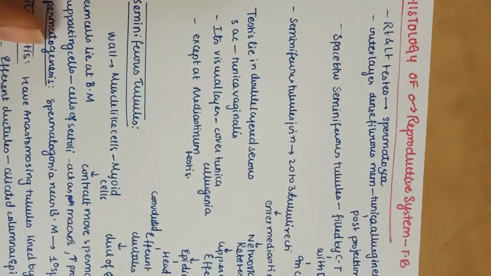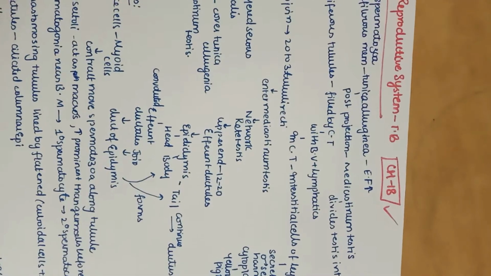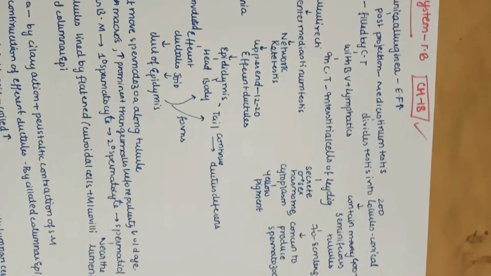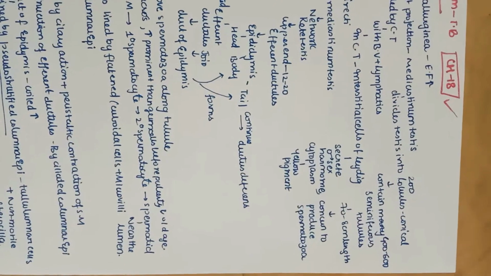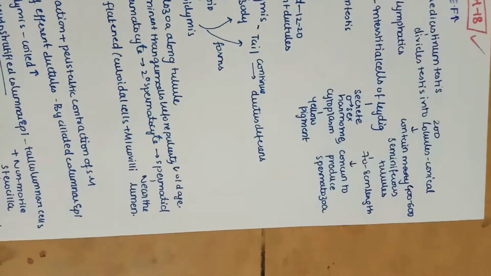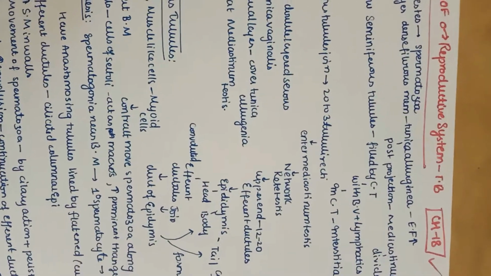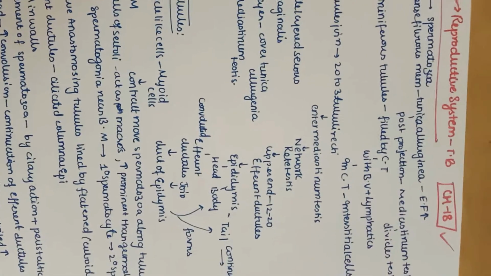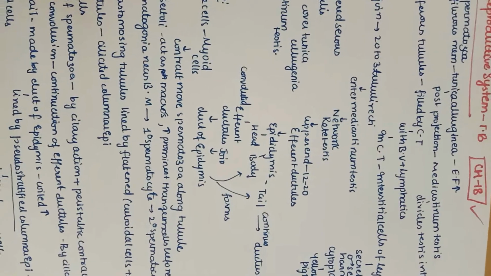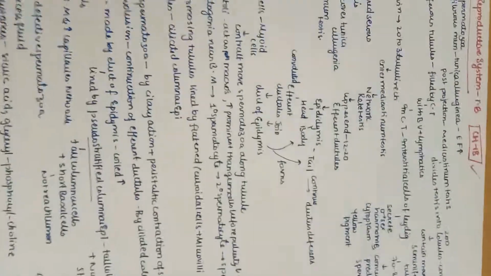The space between the seminiferous tubules is filled by connective tissue, which has blood vessels and lymphatics, and it contains the interstitial cells of Leydig, which mainly secrete male sex hormones, and the cytoplasm has a yellow pigment, lipofuscin pigment. The seminiferous tubules join together to form 20 to 30 tubuli recti and enter the mediastinum testis, and next enter the network, the rete testis, and from its upper end 12 to 20 efferent ductules lead to the epididymis. So finally they reach the epididymis.